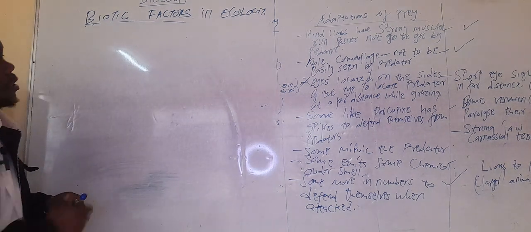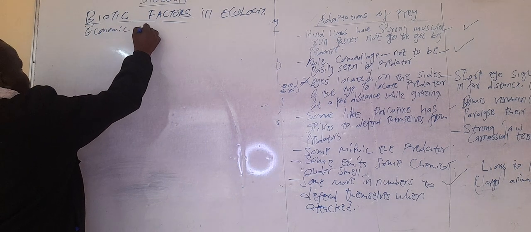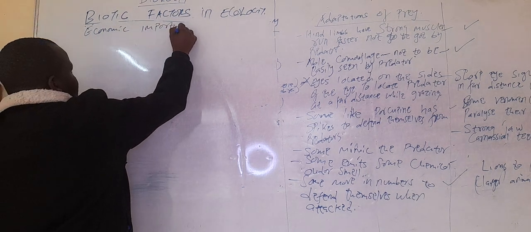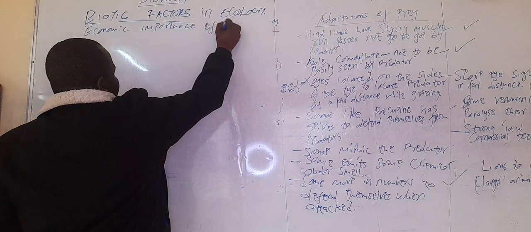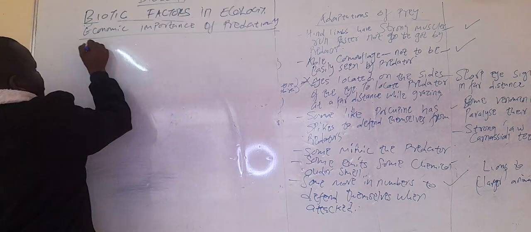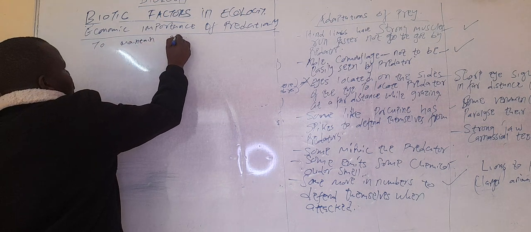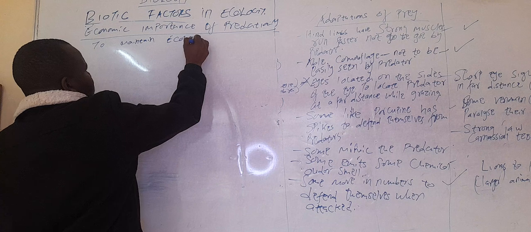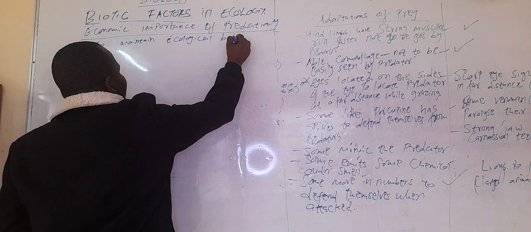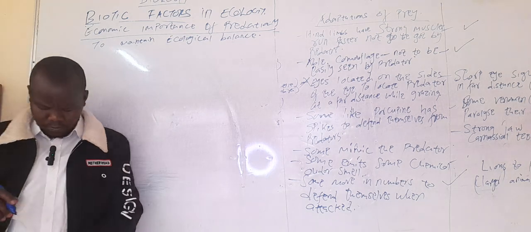Economic what? Importance of predation. And the economic importance of predation is to maintain ecological balance. What do we mean? In case the population of what? In case